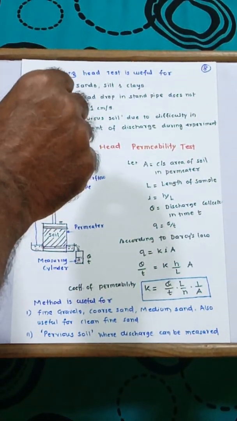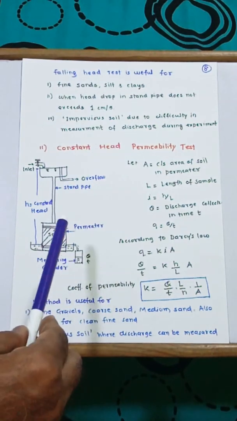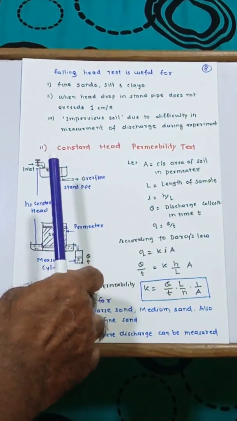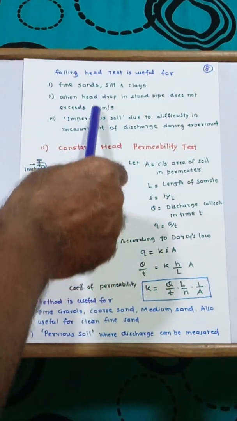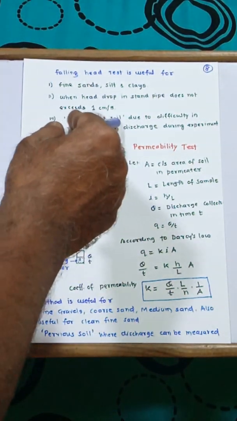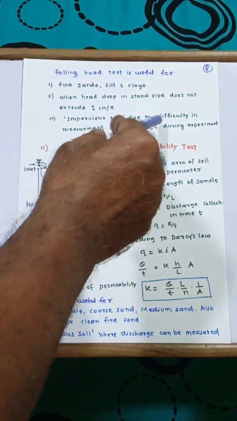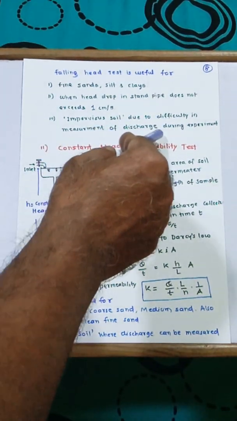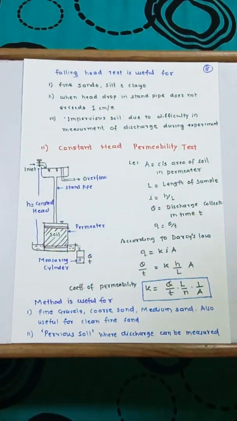If you conduct this test for a highly permeable soil, then I get difficulty in measuring H1 and H2. Therefore, it is used for impervious soils like clay, where discharge measurement is difficult,